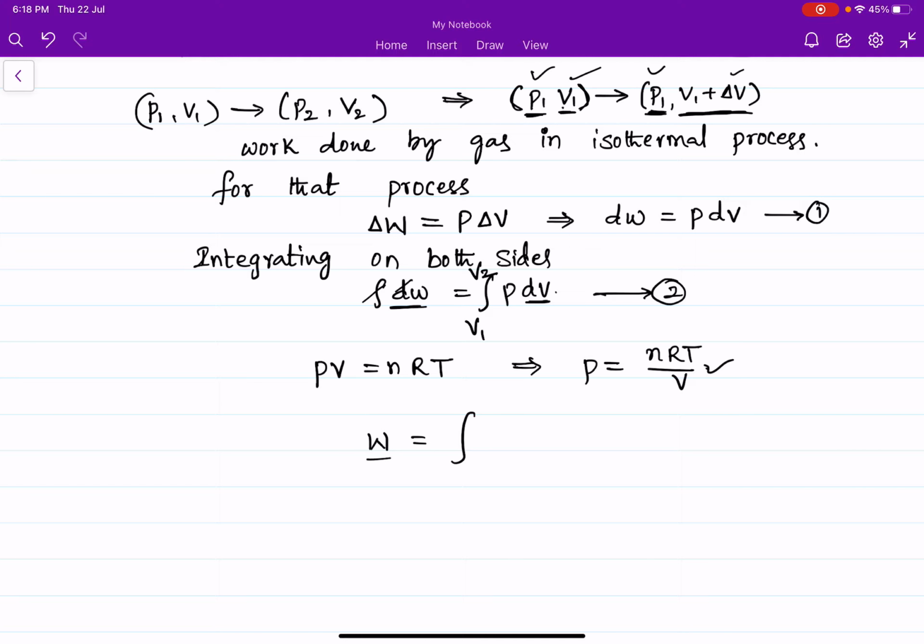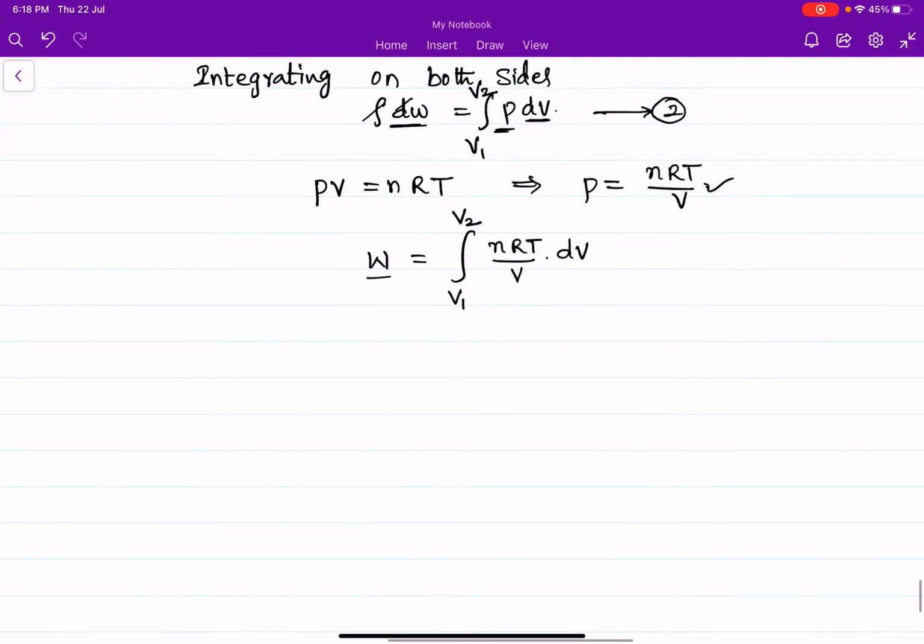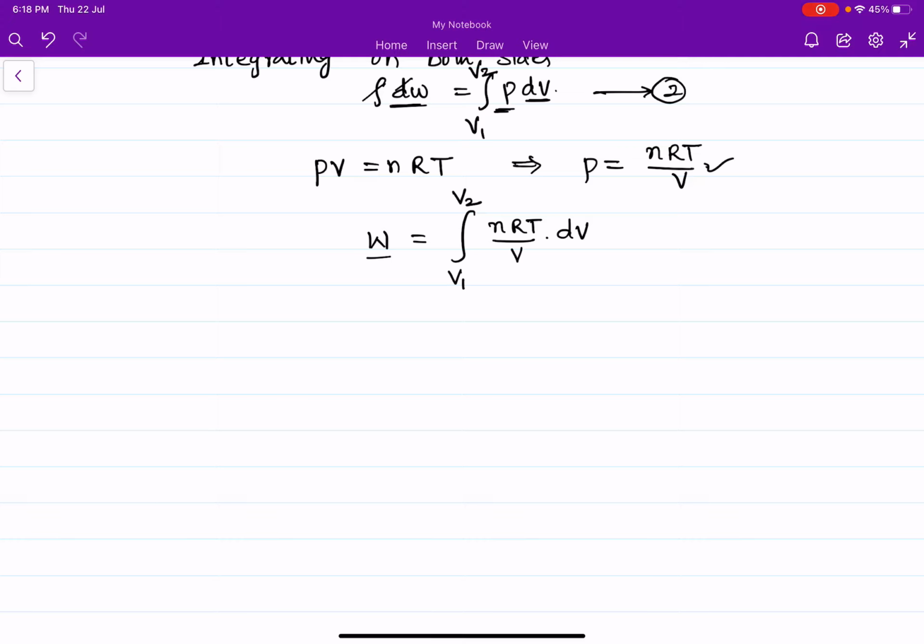We will get work done W equal to the integral, with limits changing from V1 to V2, writing pressure as nRT by V into dV. Now n, the number of moles, is constant, and R, the universal gas constant, is also constant. For an isothermal process, temperature is also constant. We can take these three out as common. So work done equals nRT integral 1 by V dV, with limits from